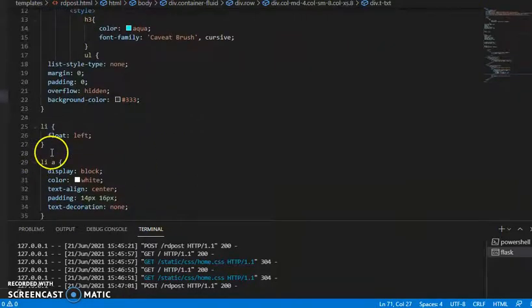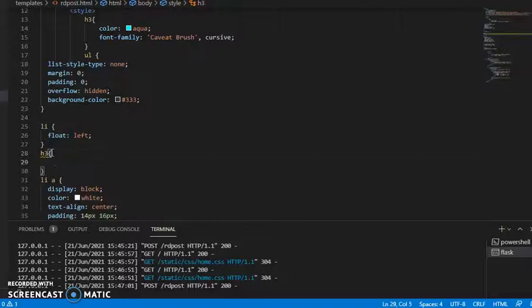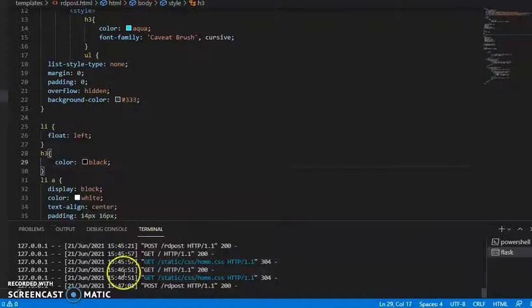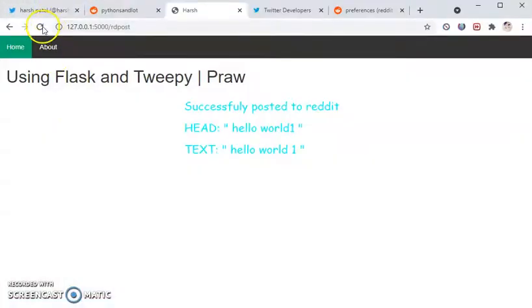So h3, color black. There we go. The color changed to black.